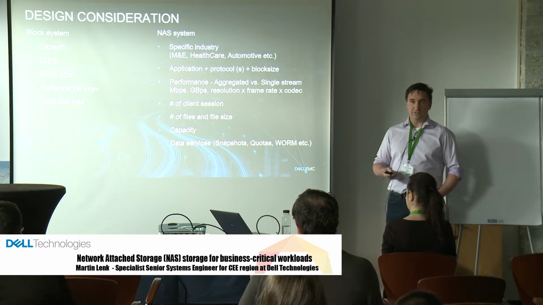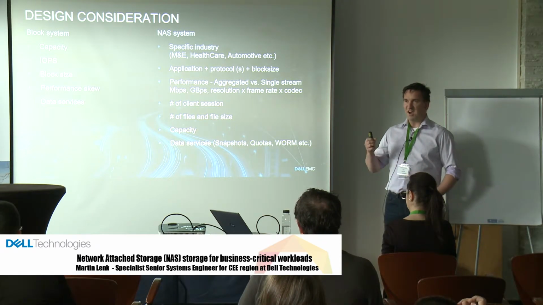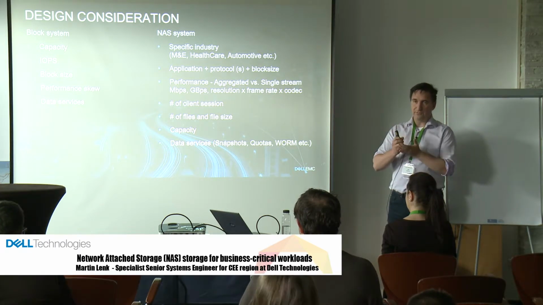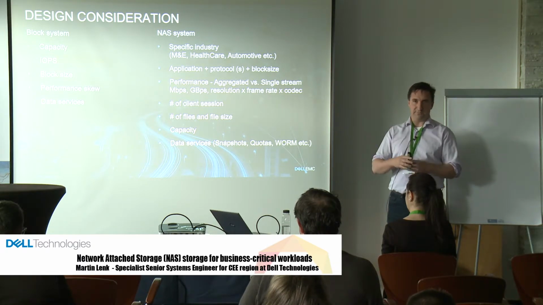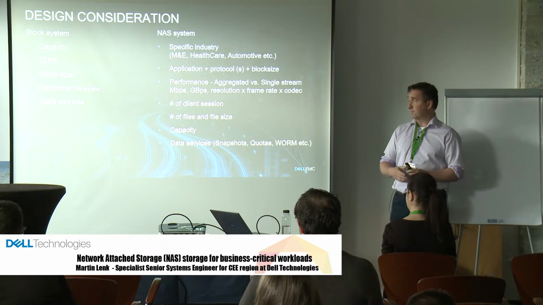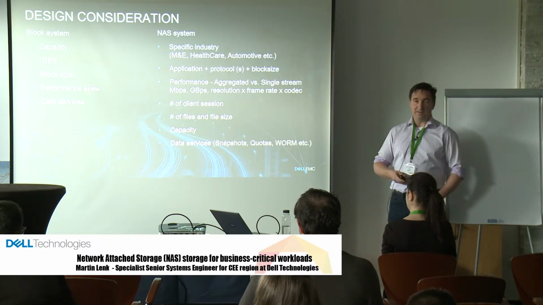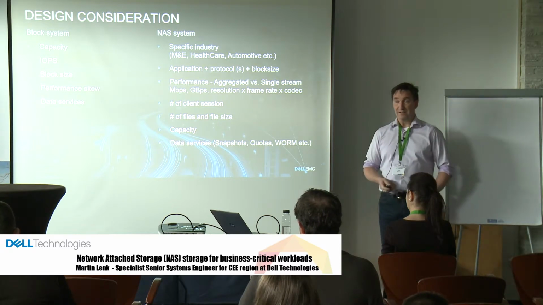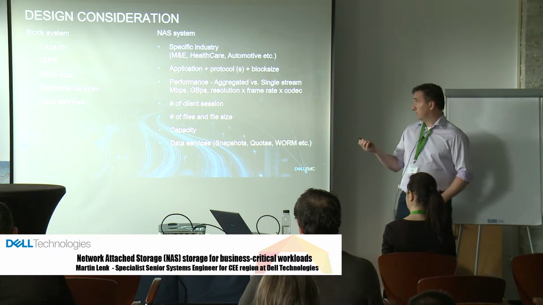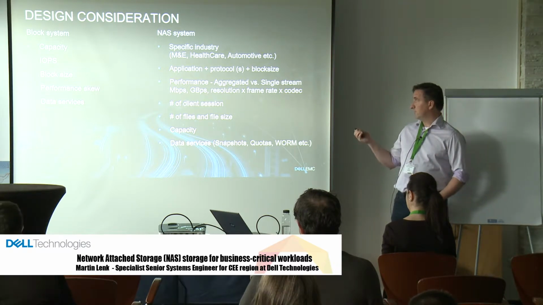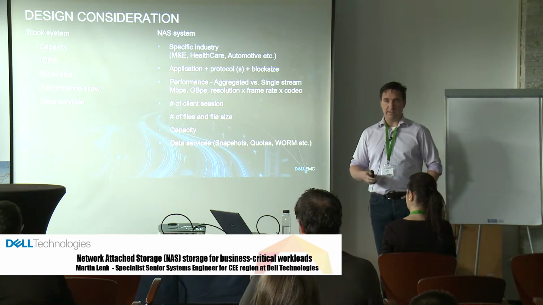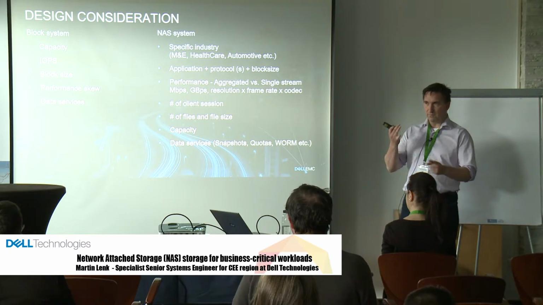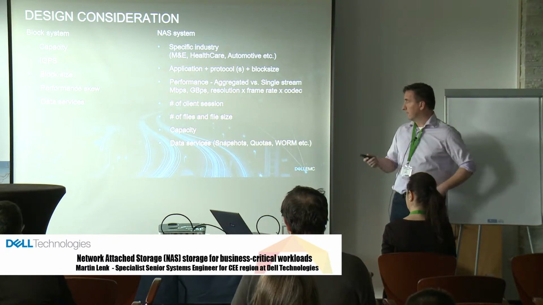But today we can see lots of applications that need half a gigabyte, even 1 gigabyte single stream throughput, which is throughput that you need to be able to put into one session, like for example one NFS connection or SMB connection, and be able to provide this performance. And this is something that the traditional systems, like unified storages, like Windows servers and so on, are not designed for. So this is an important thing for many applications. We can see it typically in media, it's the best example. If you have a layout of some videos, you know that one single stream for one channel can be, for example, 130 megabytes per second.